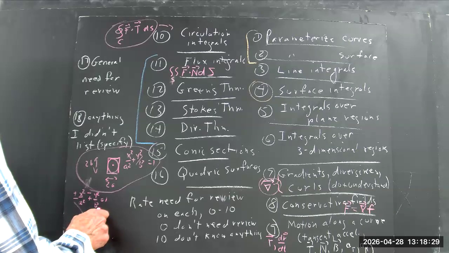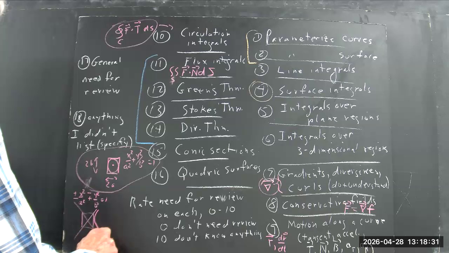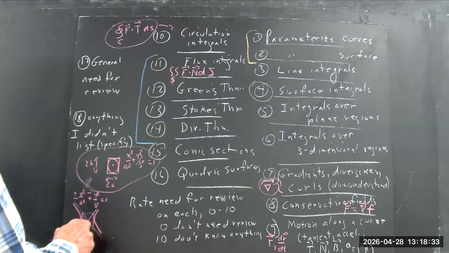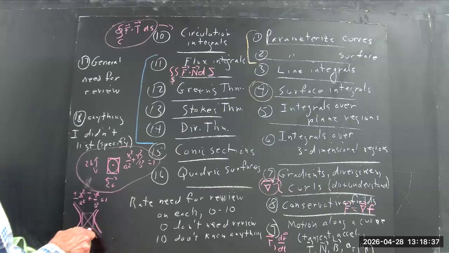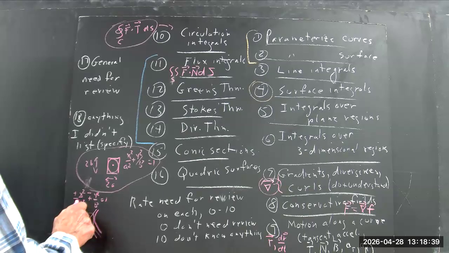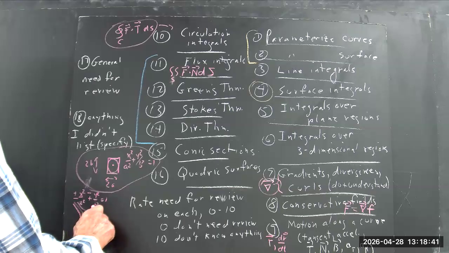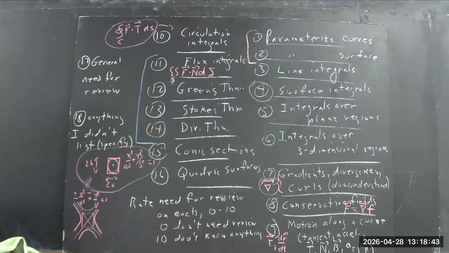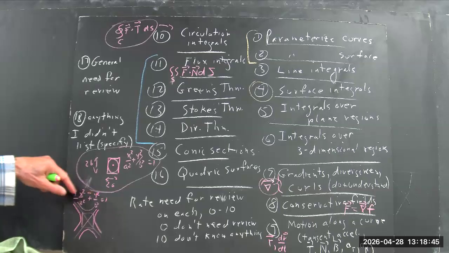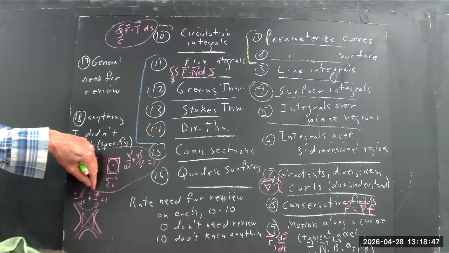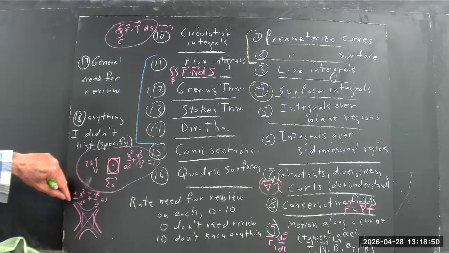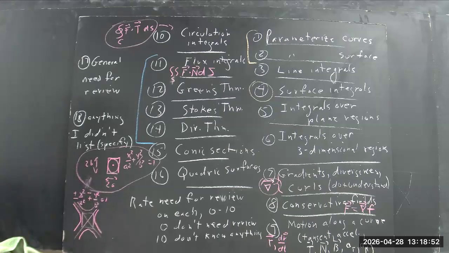And then your hyperbola is either here or here. It's not both. And you can figure out which one goes with the plus on this one, minus on this one, and which one goes with the minus on this one and the plus on this one